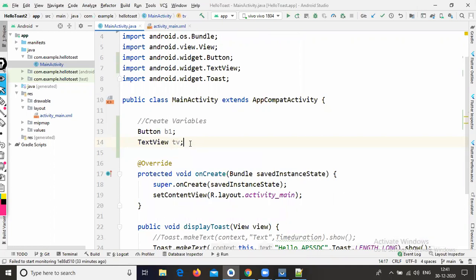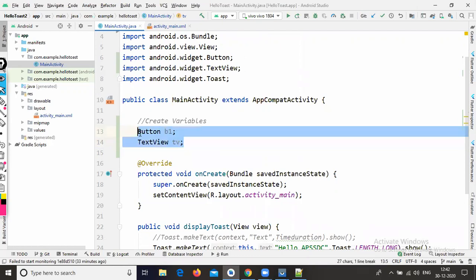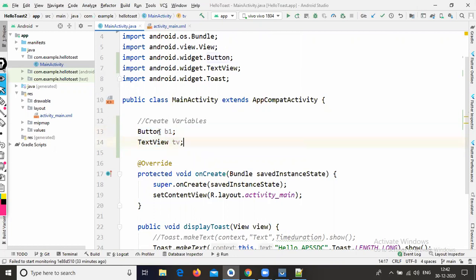Now in my project two variables are available, Button and TextView. The button variable is b1 and the TextView variable is tv. Now with the help of these variables we need to configure the ids.